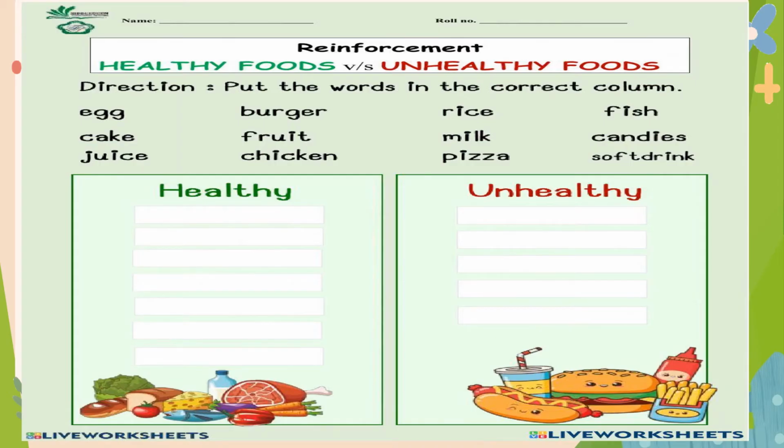Now that we have talked about our favorite foods and how they provide us with energy and nutrients, it's important to understand how these choices affect our bodies. The way our digestive system breaks down food is closely linked to whether we're eating healthy or unhealthy options. So now let's have an activity. Write your answers in your notebook.